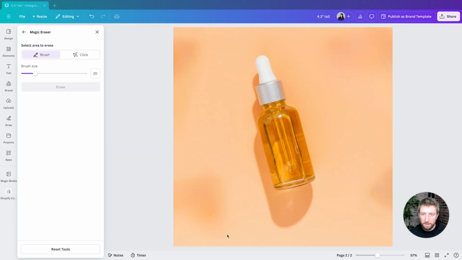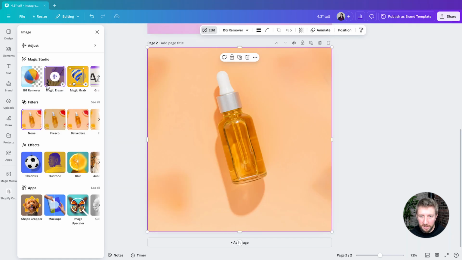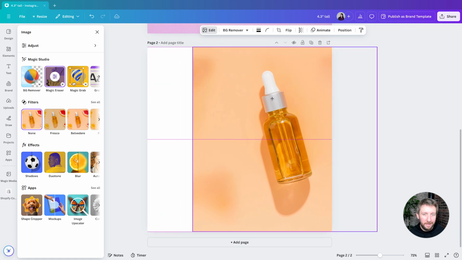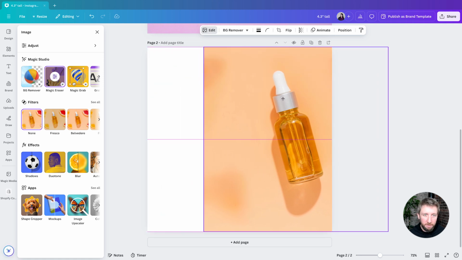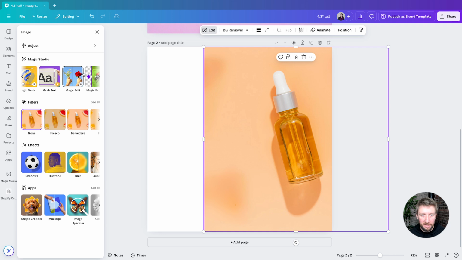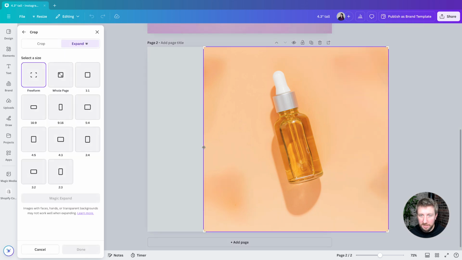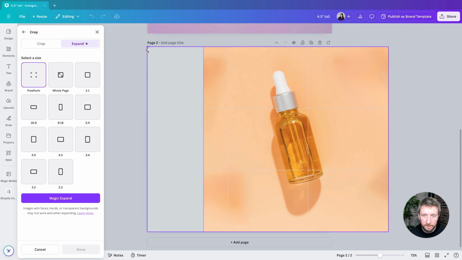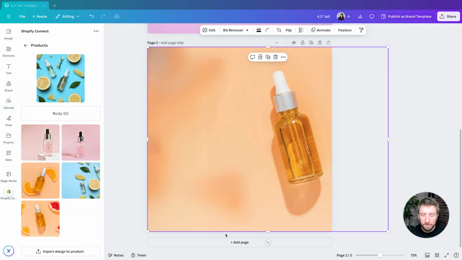All right, next I'm going to move my product off to the side because I'm going to put some customer results over there. So I just want to kind of balance that photo out. Let's slide it over. And I know I'm missing my background image, but we've got another awesome Canva app here where we're going to use the Magic Expand, and I'm going to kind of fill in that background. All right, drag that across. All right, cool. Here we go.